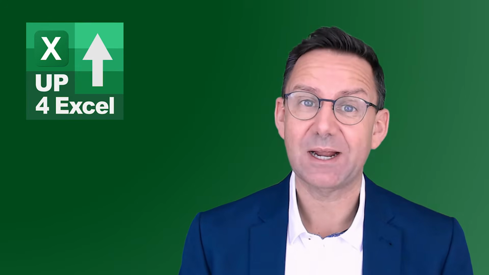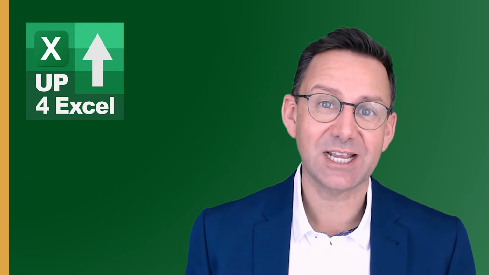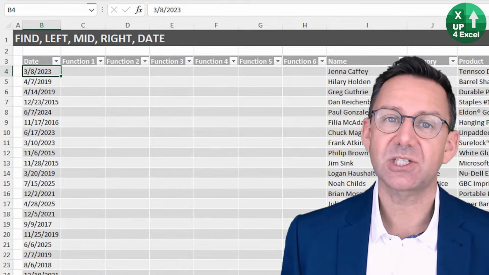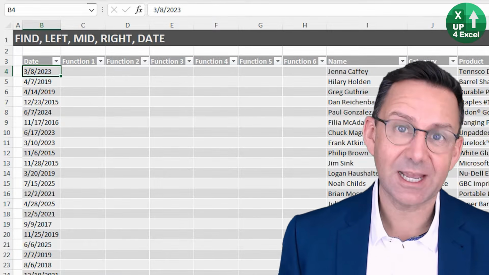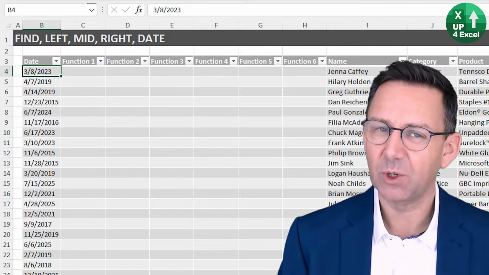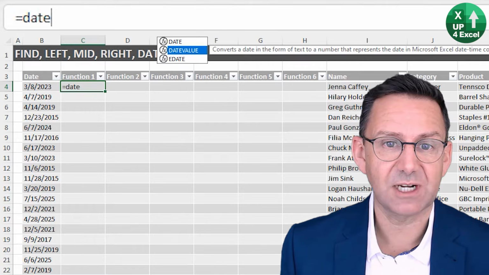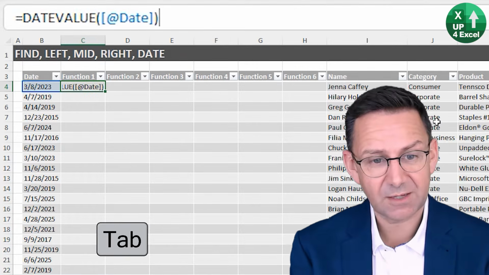Today we're talking about cleaning up dates in Excel. Now typically, when you paste information from other systems or the internet or anything like that into Excel, dates are one of those things that can quite often mess up. Well, let's imagine that I say I want the date value of this, just test it,